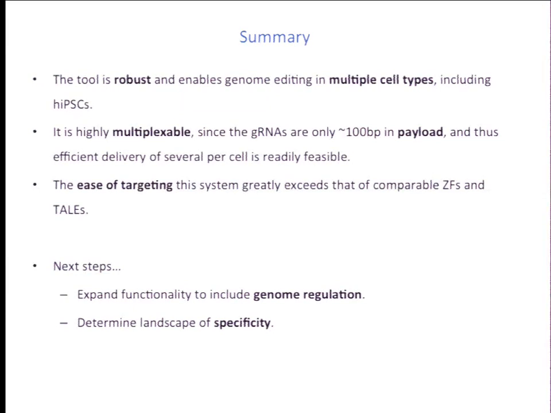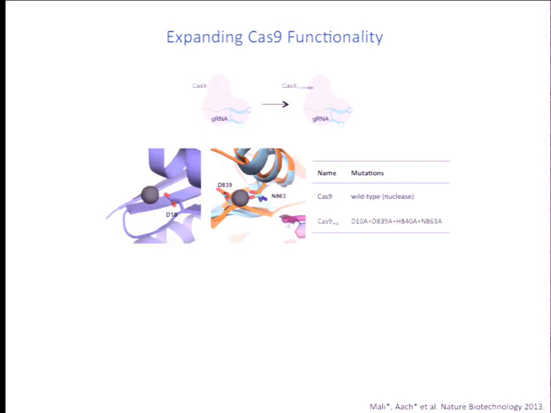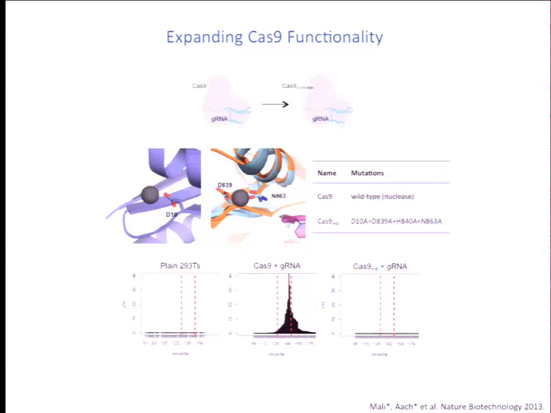To expand to genome regulation, the key aspect was to take the original Cas9 guide RNA complex and make a nuclease null version of the Cas9 protein, and hope that it still binds to the guide RNA and can do RNA-guided genome targeting. This was feasible because one could align the protein against existing sequences in the database, and we were able to putatively identify 4 positions that were responsible for magnesium coordination and create a quadruple mutant of the Cas9 that showed no detectable nuclease activity as compared to the wild-type Cas9 protein. So one could make a nuclease null version of the Cas9, which showed no activity.